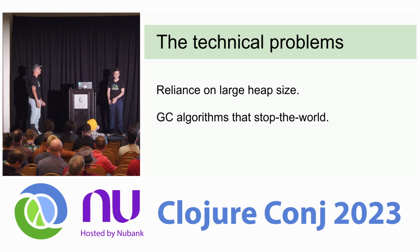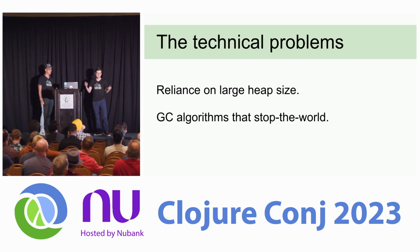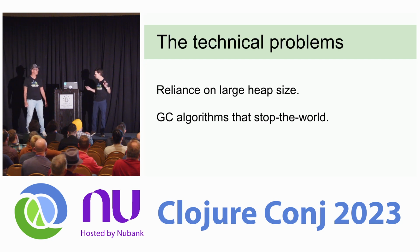So basically what people usually see is, I have a lot of pauses, I will increase my heap, I will put more CPU. But it's not just that. We also need to look at the algorithm. And before you throw rocks at us, because I know GC algorithms are pretty heated,